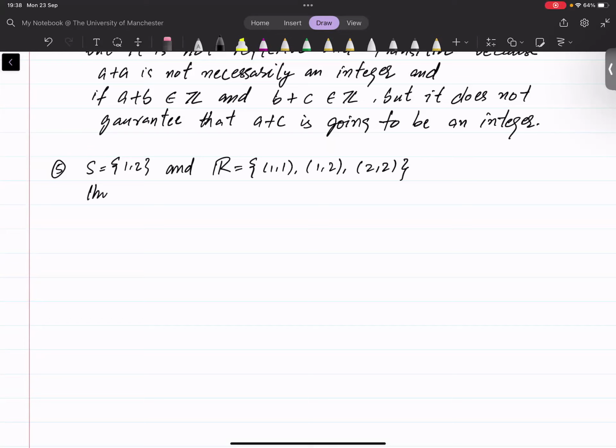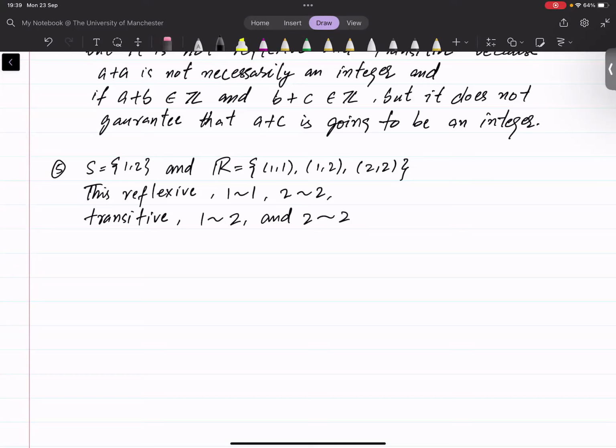This is reflexive because 1 is related to 1 and 2 is related to 2. Transitive because if 1 is related to 2 and 2 is related to 2, so there is no other element,